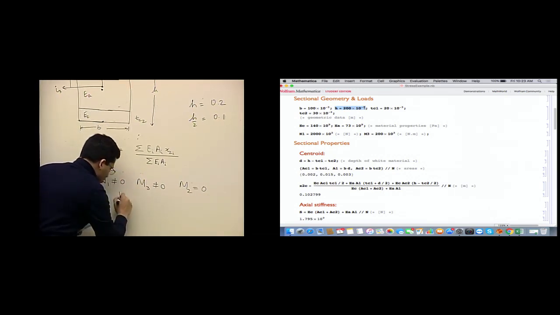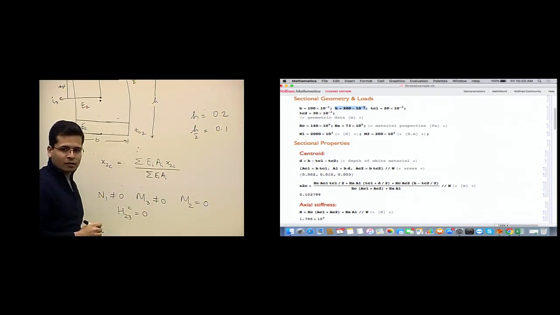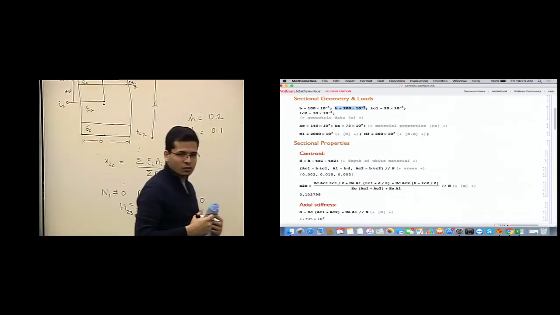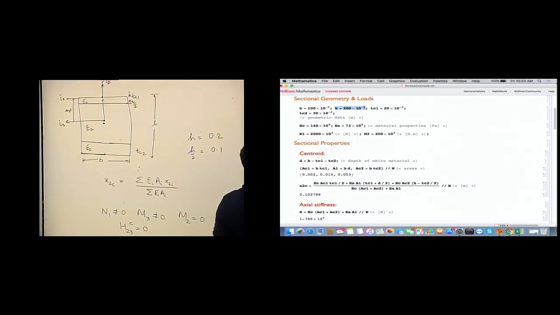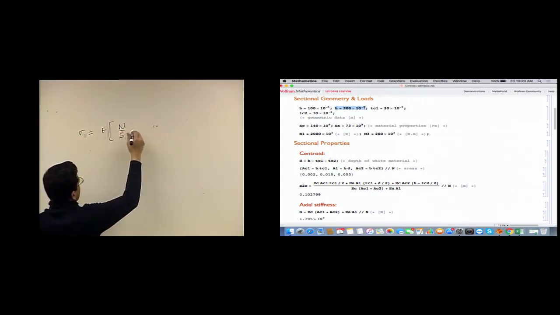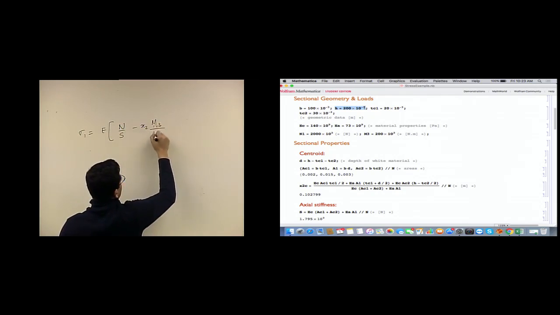So we have H23 is 0, right? If H23 is 0, we can simplify our stress expression and use the expression sigma 1 is equal to E times N over S minus X2 M3 over